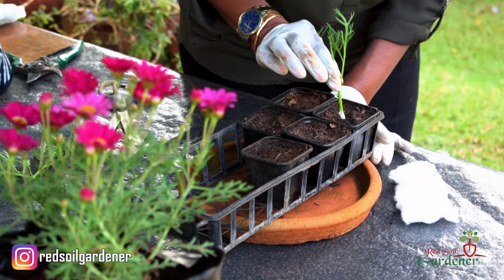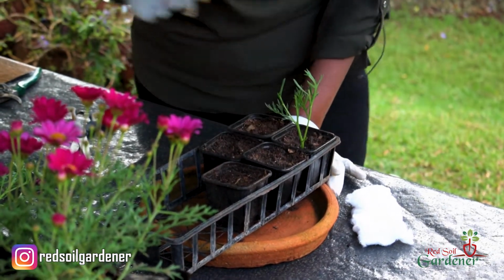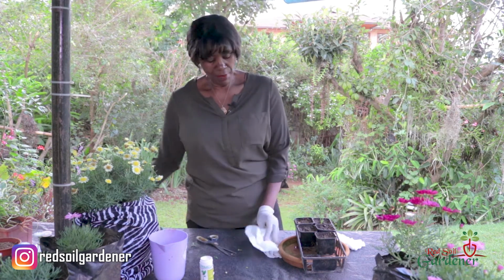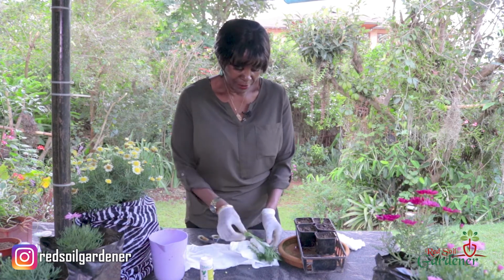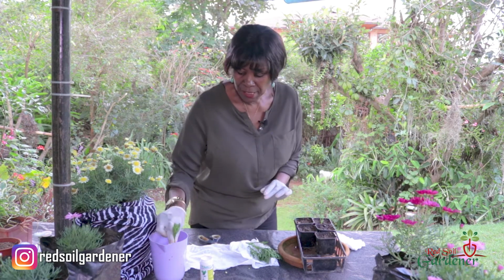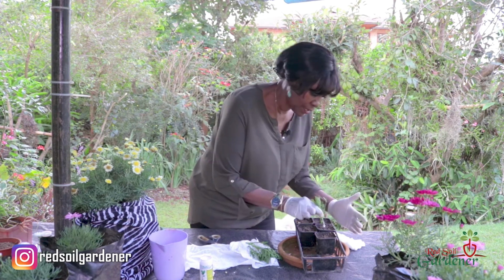So I'm just going to throw it in here like that. And what I've done now is I have some others from the white margaritas that I had prepared, and here they are. And again, I've removed the stem. I'm going to put it in the water, plonk it in the root hormone, and then I'm going to put